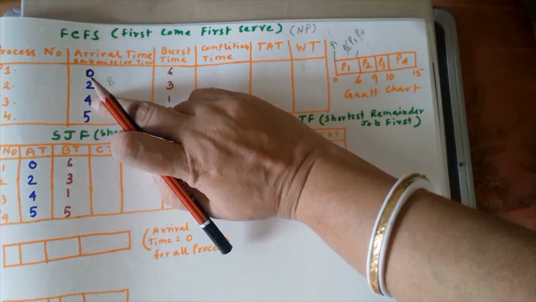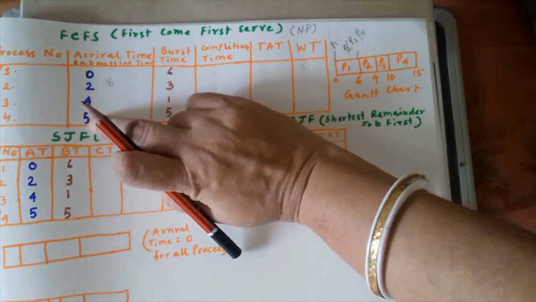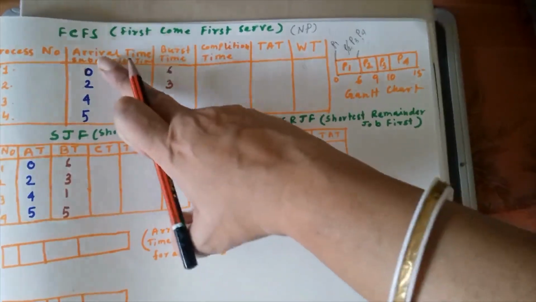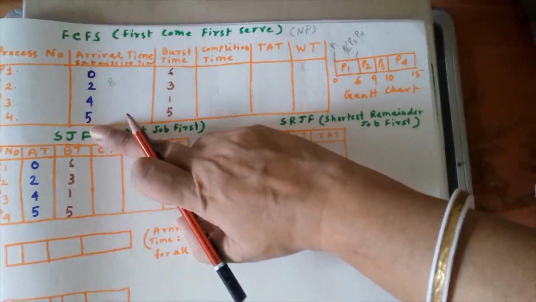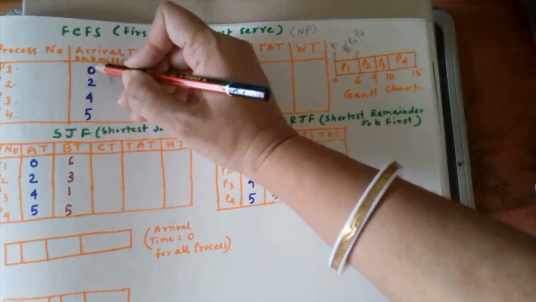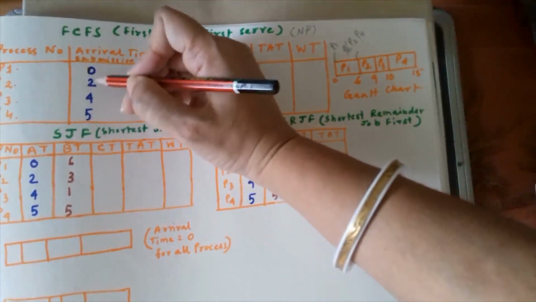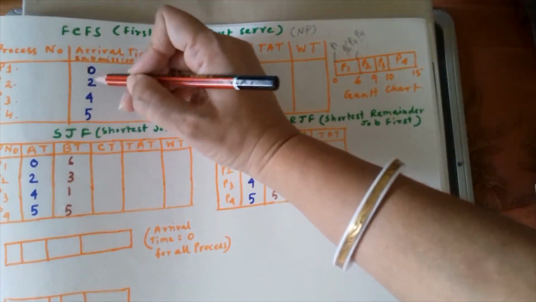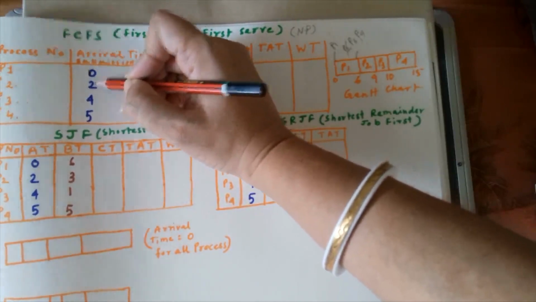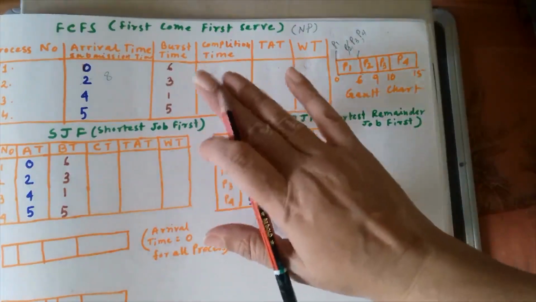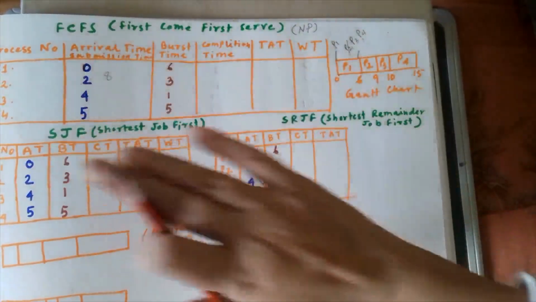So P3 will be taken for execution. Then who has entered? P4. Then P2 has entered. So in this case, arrival order is changing your FCFS order, because FCFS is nothing but your arrival order. But arrival order does not mean it will be in increasing order. There may be 8 also here. So in this case, their arrival order will be 0, 4, 5, and then you need to consider P2. So in your chart you should draw P1, then P3, then P4. Only in this case FCFS may vary, if arrival is not given in order.